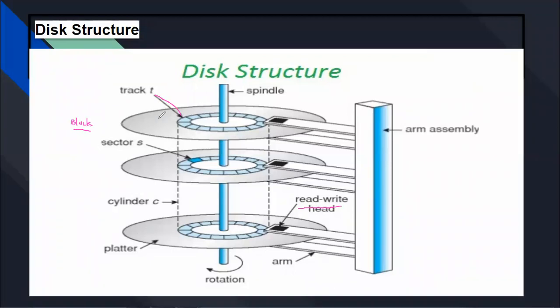This data is brought into the main memory. Always remember that data is stored in secondary memory. This is secondary memory, or we can say a permanent memory. Data is stored in the secondary memory. When we want to access that data, it should be brought into main memory. The data is brought into RAM, our random access memory, which is our temporary memory.